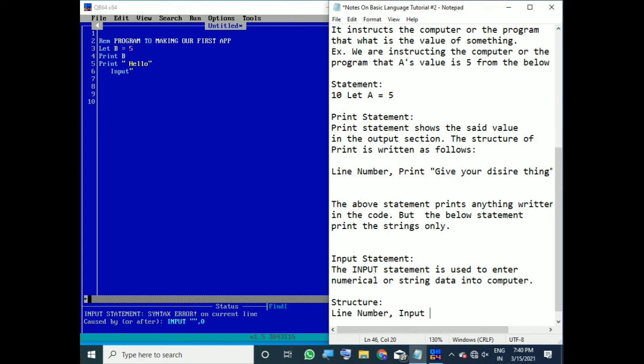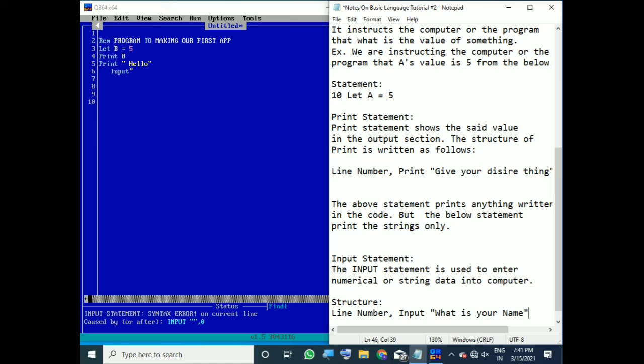Then a semicolon, and then in this you write, suppose, what is your name.